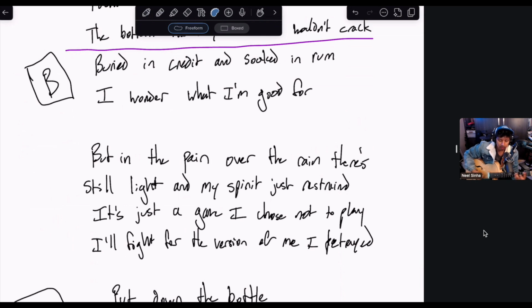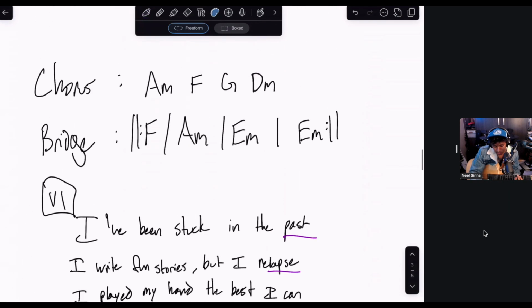I'm buried in credit, soaked in rum. I wonder what I'm good for. In the pain and the rain, there's still light. My spirit's restrained. It's just a game I choose not to play. I'll fight for the version of me I betrayed. Something that gains it, and I'll say,